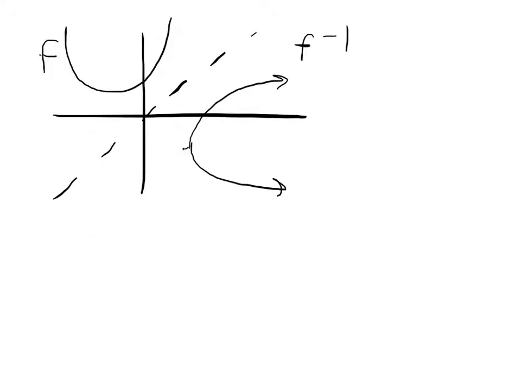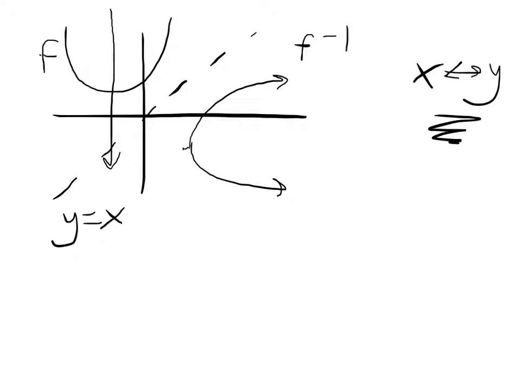Now, though we haven't spoken a lot about what happens when I switch x and y in a rule, in an equation relating x and y, what we've seen indicates that when we switch x and y, we get graphs that are symmetric about the line y equals x. And when we switch x and y, for example, what appears as a vertical line in f, if I switch x and y, that's going to appear as a horizontal line in